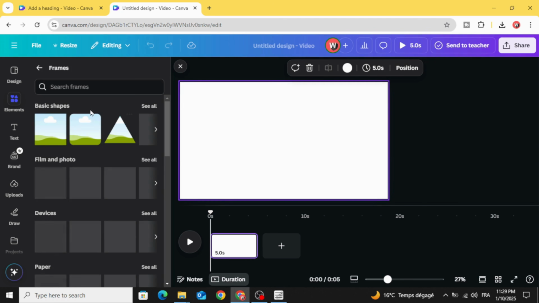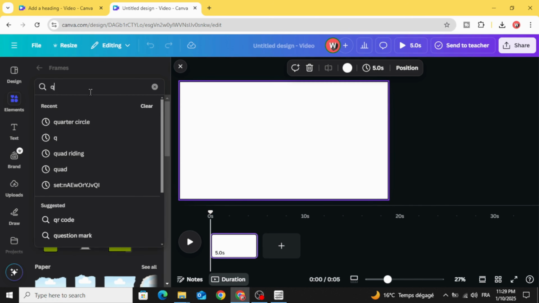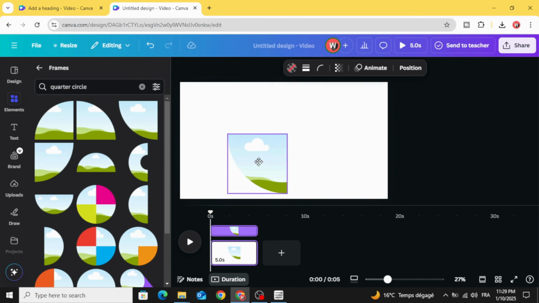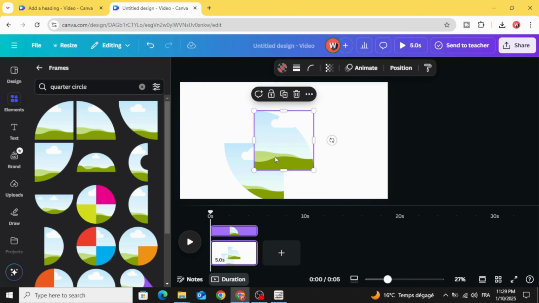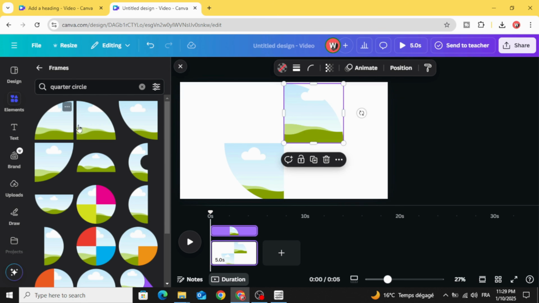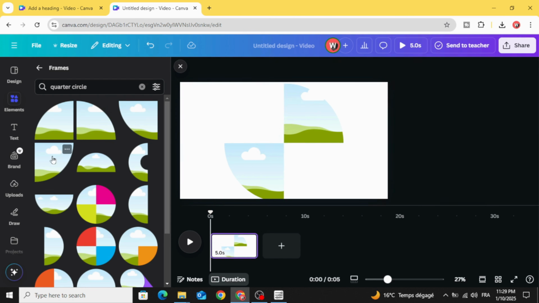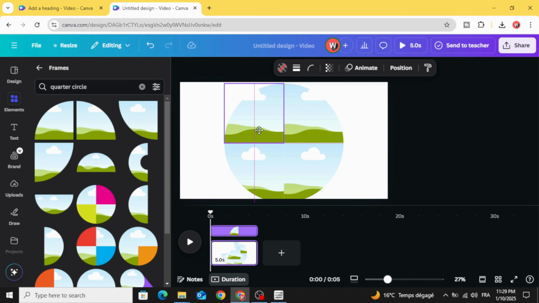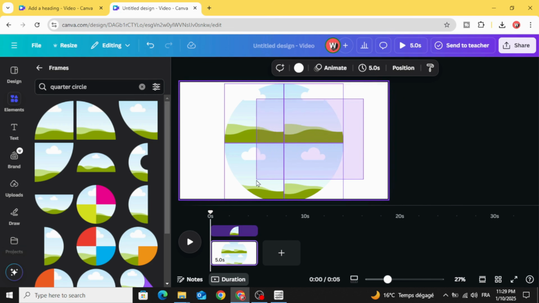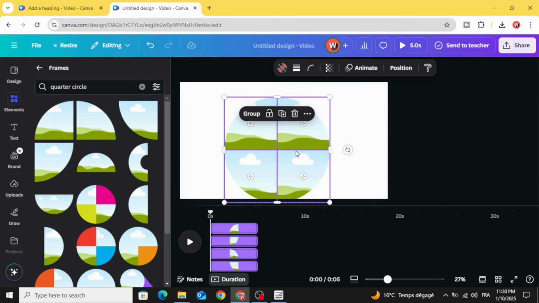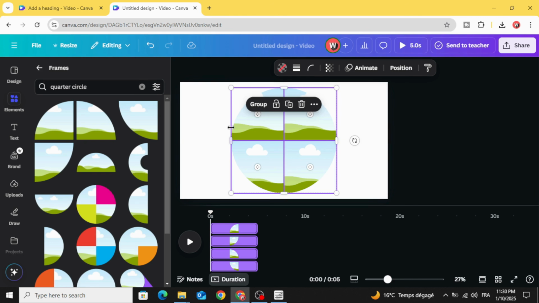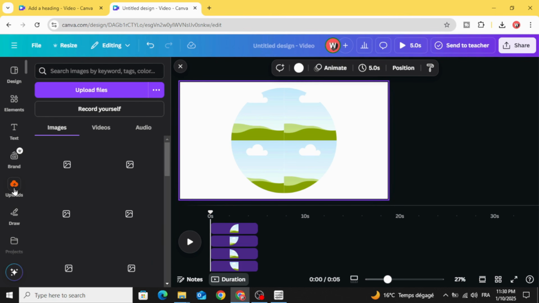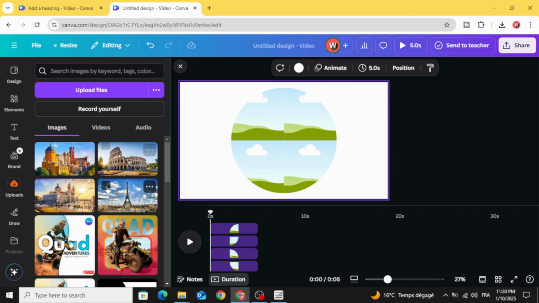Click see all and type quarter circle. And let's choose this part. Try to shape a circle. Select all and decrease the size and place it in the middle of the page and go to uploads. And after uploading your images,